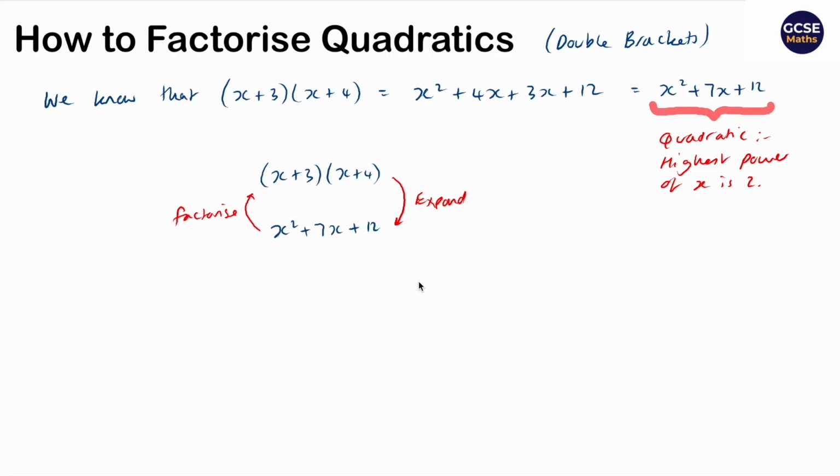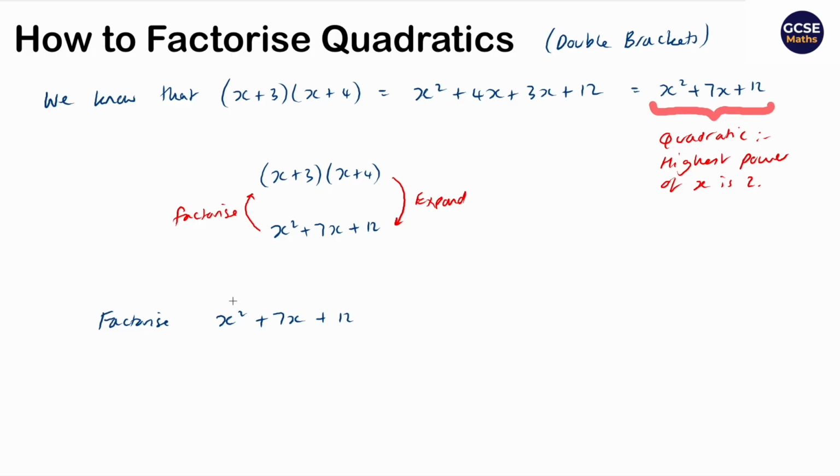Thinking back to our last lesson, we saw that we expand to get one view of the expression and we can factorise to get a different view of the expression. Expanding is taking out of the brackets, factorising is putting back into the brackets. So now we're going to factorise x squared plus 7x plus 12, but before we do,